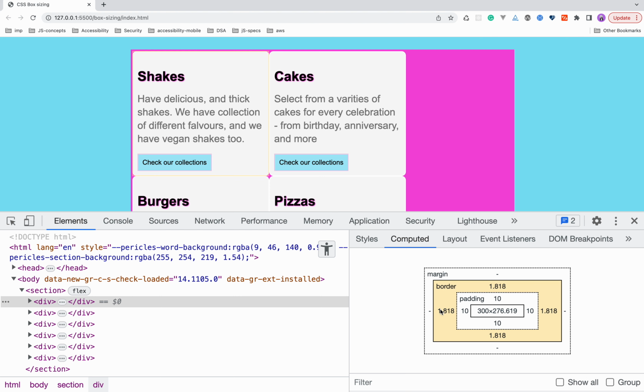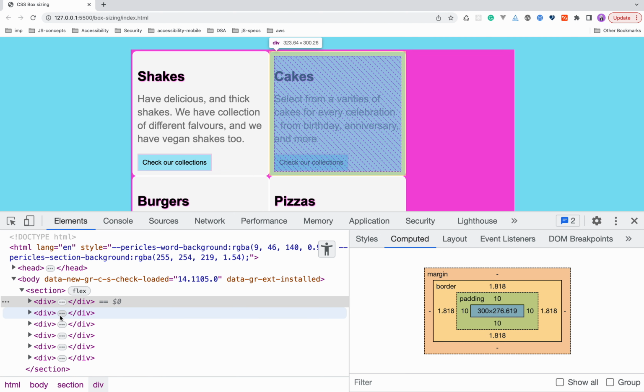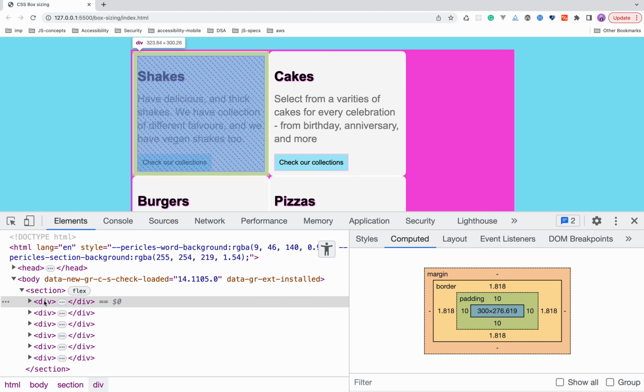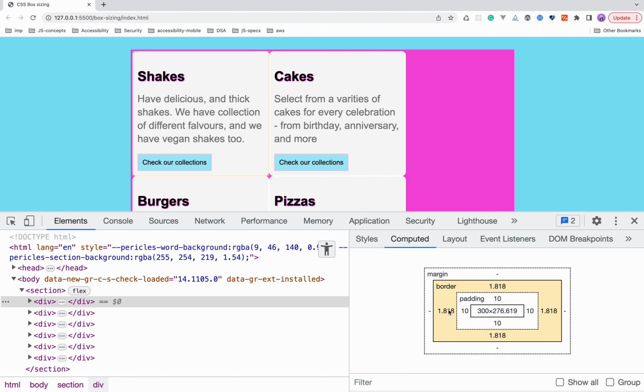Then we will go to the border. Same, left 1.8, right 1.8. That would be 3.6. So 320 plus 3.6 will add up to 323.6. And if you hover over it back, this is the exact number you are getting. So now you know where these extra pixels are coming from. These extra pixels are coming because of the border and the padding you have declared in your code